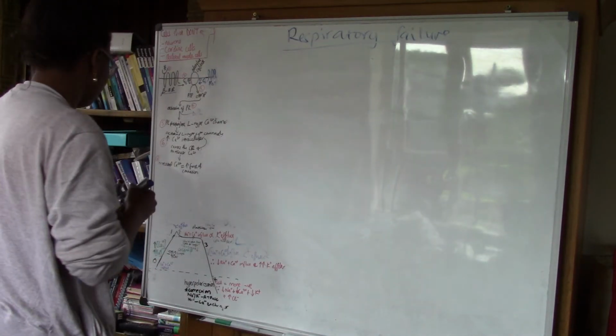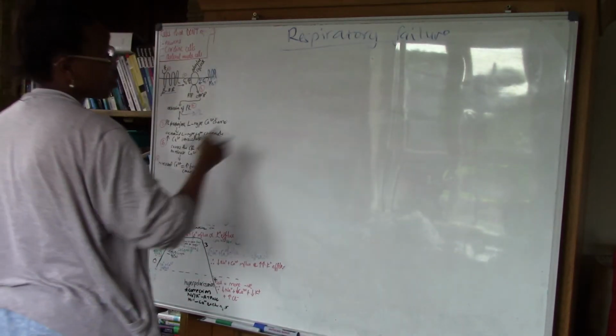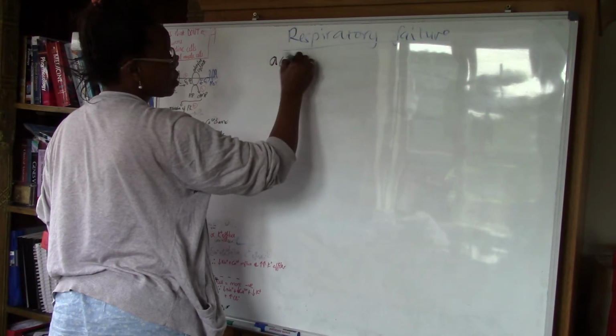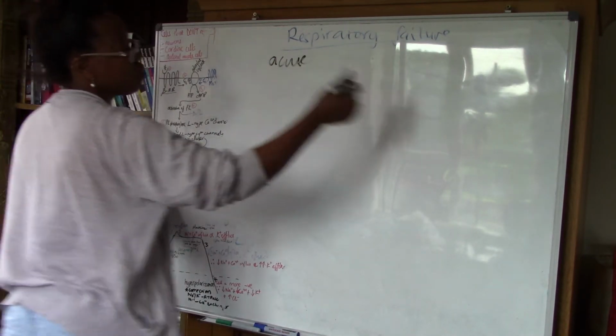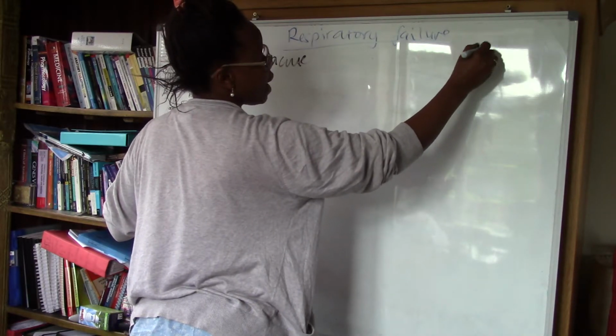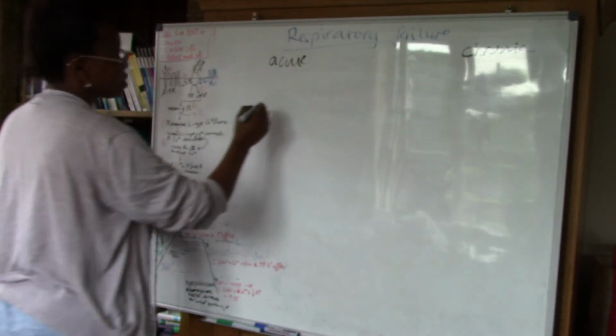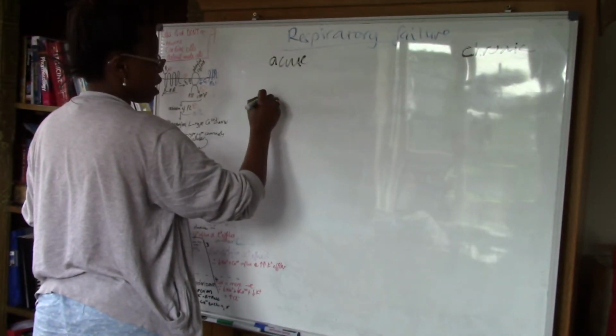For example, even things like pneumonia will have acute respiratory failure. And obviously other chronic disorders like COPD will have a chronic picture of respiratory failure. So respiratory failure is